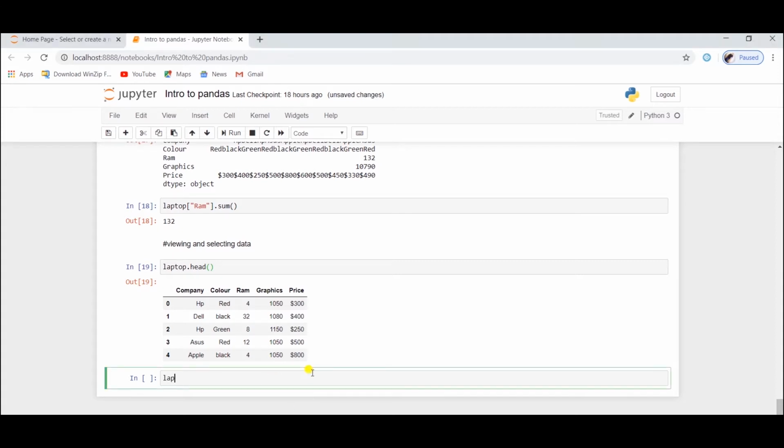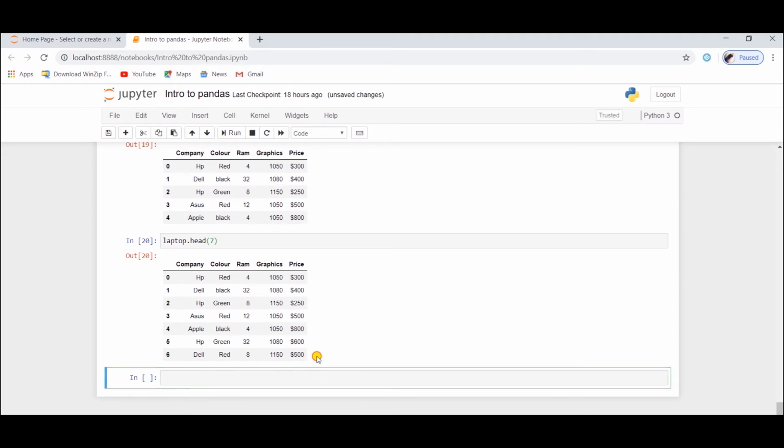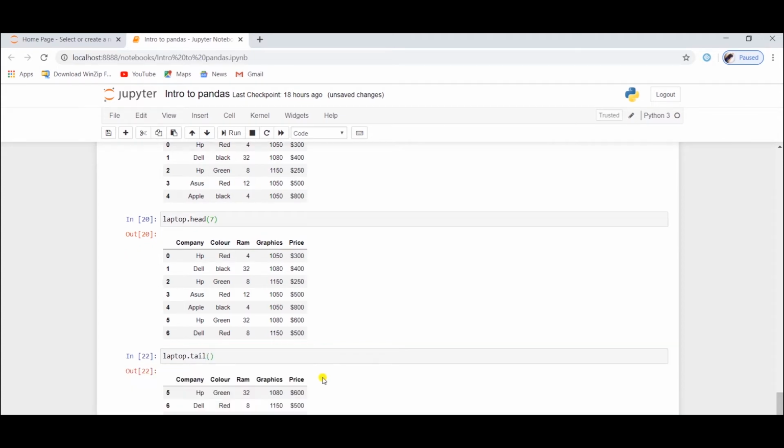If 5 rows are not enough for you, you can type laptop.head and give any number you want in the head section. Like if you give 7, it will return the 7 rows of your dataset. You can also use laptop.tail to get the last 5 rows in your dataset.